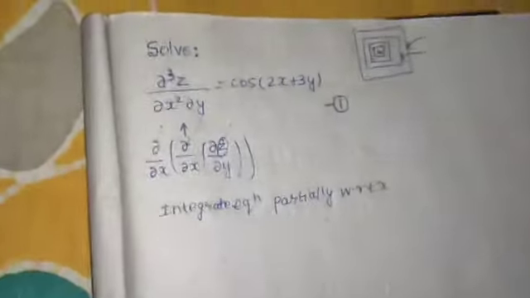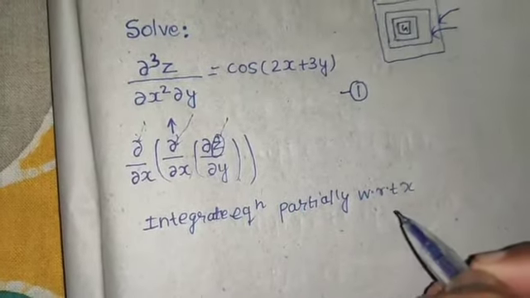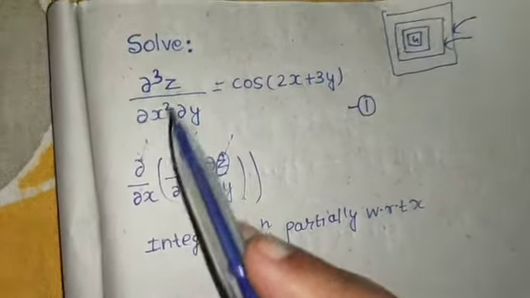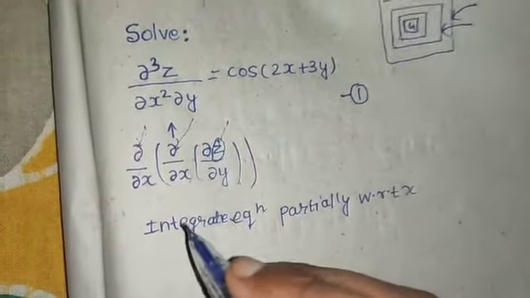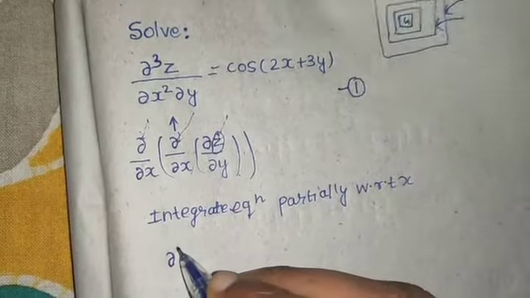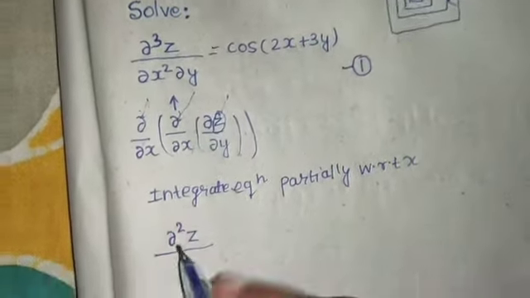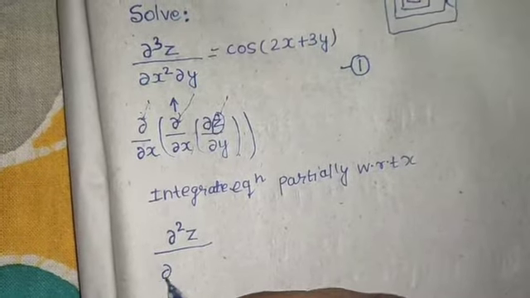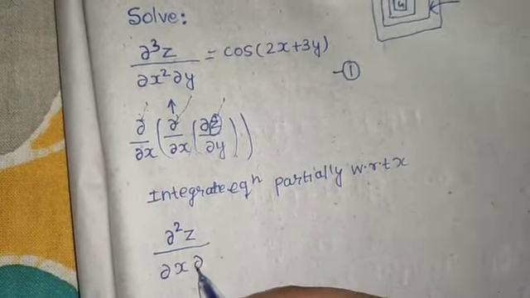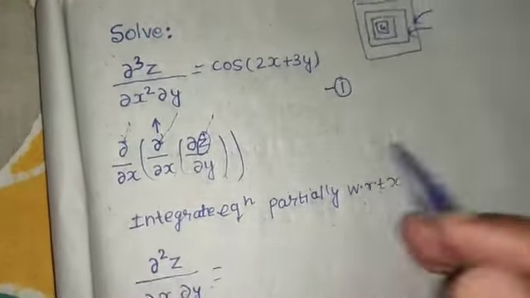Because I have integrated with respect to x, one del by del x I can remove. So I will get del 2z by del x del y equals to, I have integrated both sides,